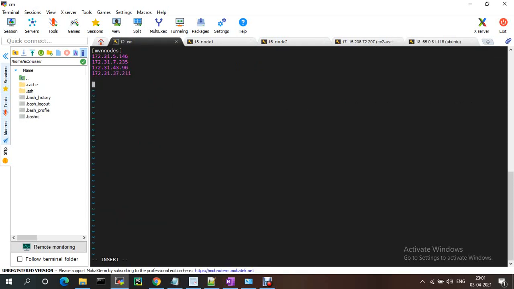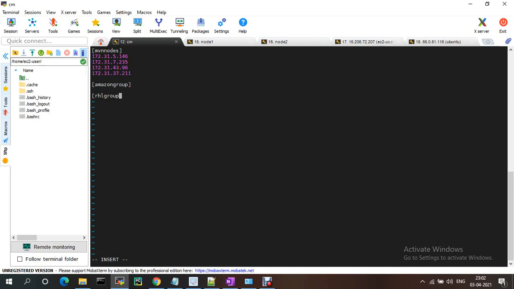If you want, you can segregate different groups also, like Amazon Linux group. Okay, and RHEL group, Amazon group.